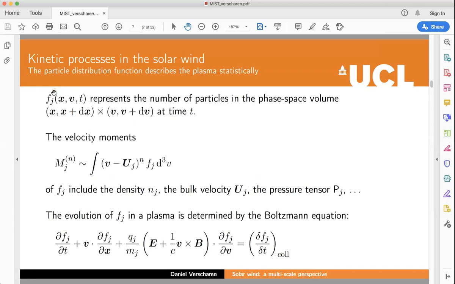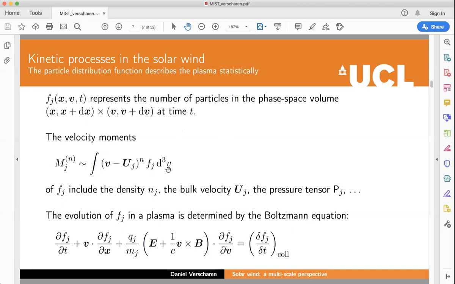So f, the distribution function, basically just represents the number of particles that are within a certain volume of phase space, so that have a position between x and x plus a small dx, and that have a velocity between v and v plus a small dv at a given time t. And so you see these are all vectors, right? So we have a total of 3 components here, 3 components here, plus time, so 7 dimensions to deal with. Again, numerically, that's very challenging,